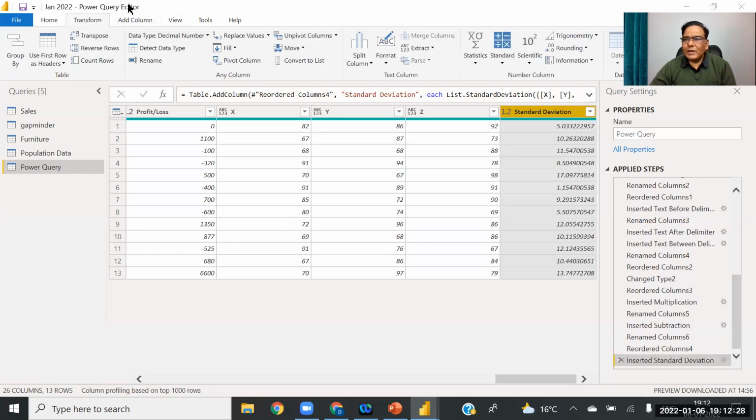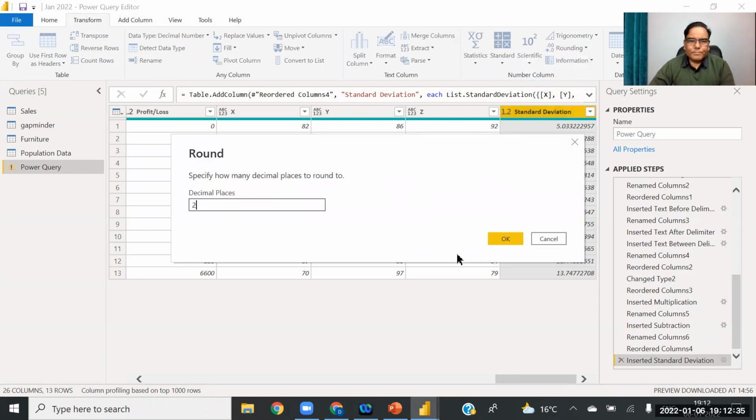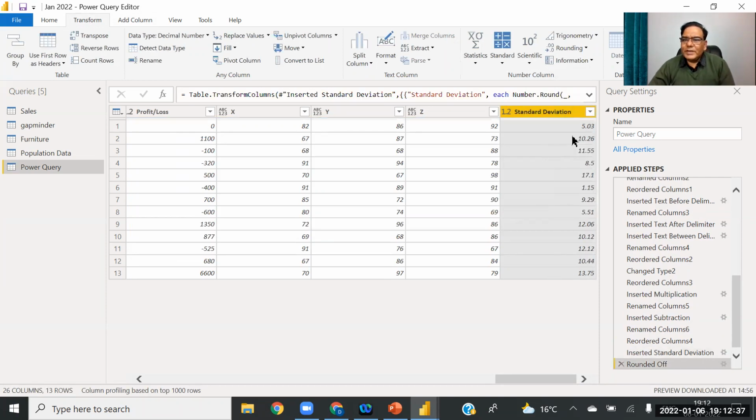I'm not clicking on add column, I just click on transform, round by 2. So in these cases, I think the transform function is much better than the add column function. So we can calculate the standard deviation. I hope it is clear to you.